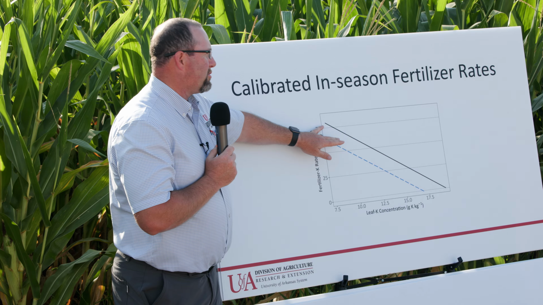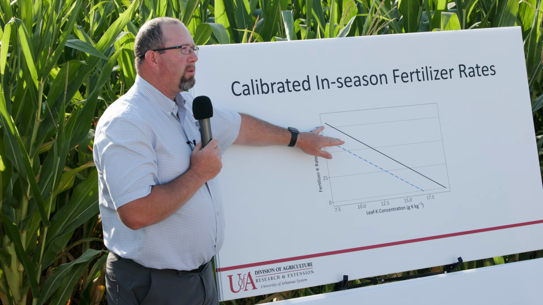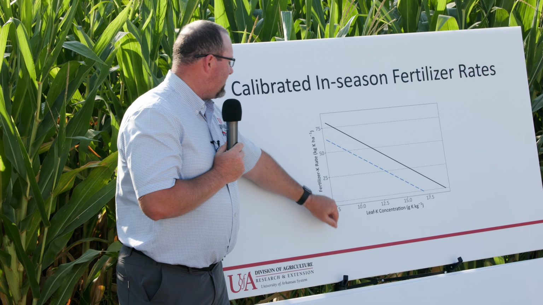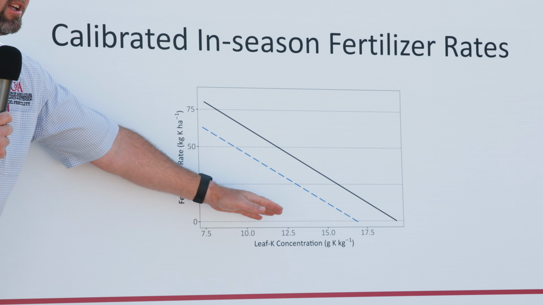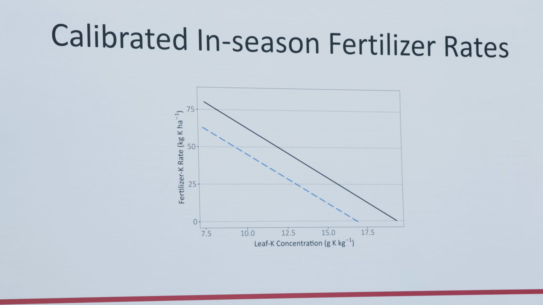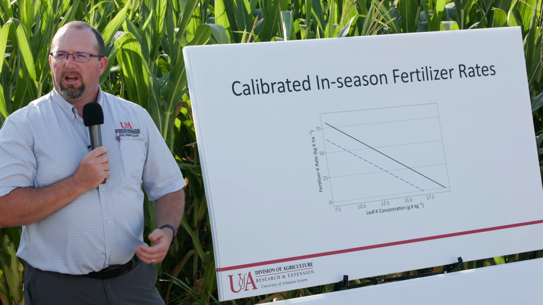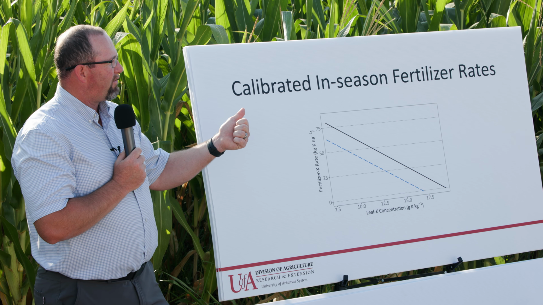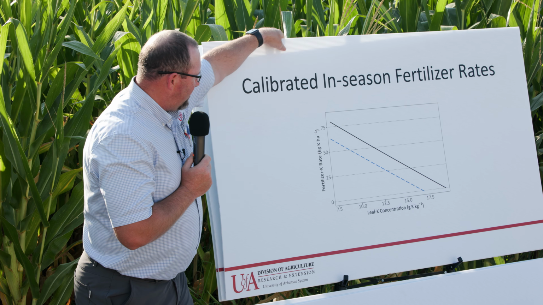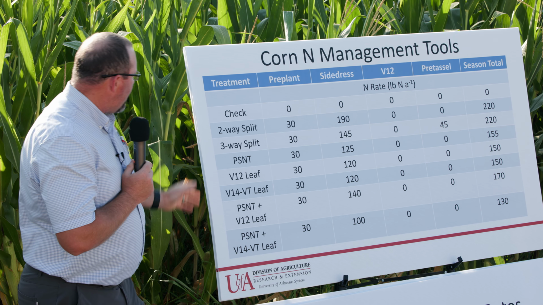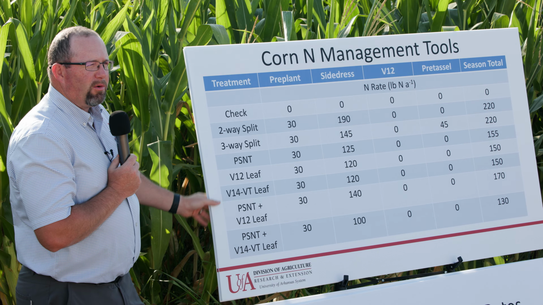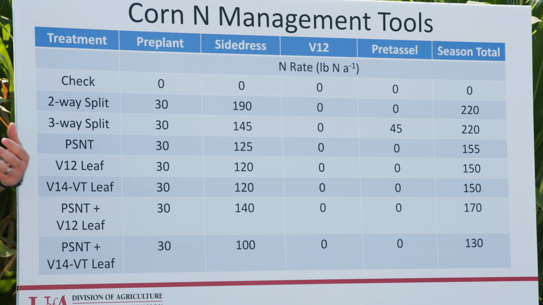And so what you'll see is if right here is about 60 pounds of K2O per acre, there's a lot of situations where that would be too much potash. So what this does is it gives us a pinpoint site-specific potash rate for in-season management. A lot of times we can get by with much lower rates than that traditional blanket application of 60 that we've been looking at. So not only does it allow us to apply less fertilizer, it allows us to increase that return on our fertilizer investment.